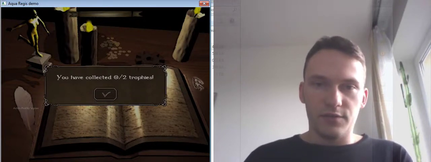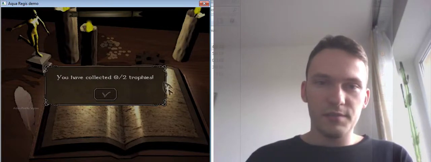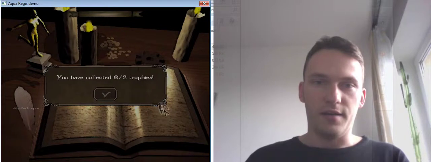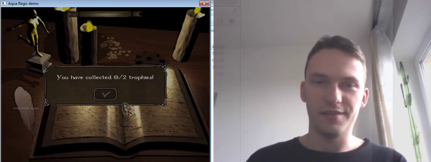I've also created two-dimensional graphics for this game. This is a completely custom window. All the graphics have been done by myself. We have some glitches around the corners. Yeah, I'm not a graphic designer. I'm just a programmer.